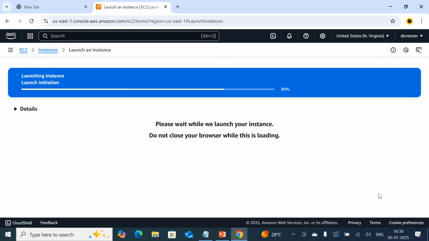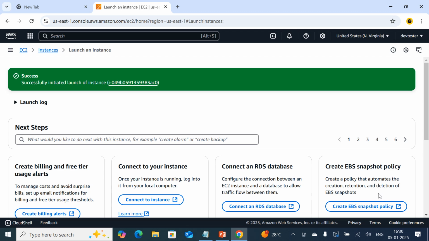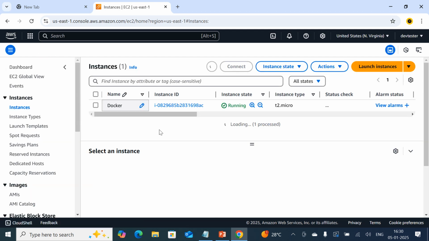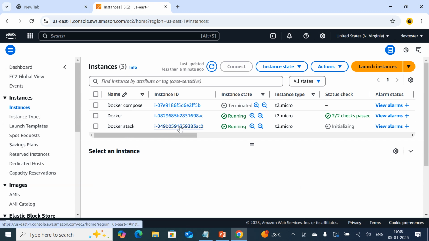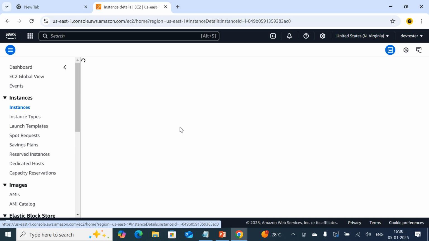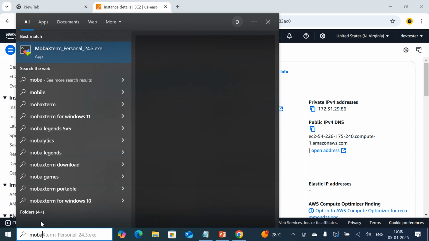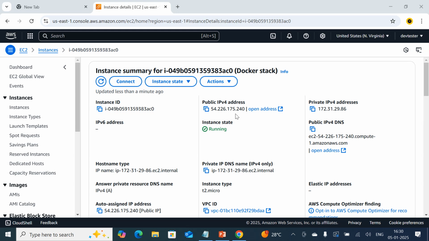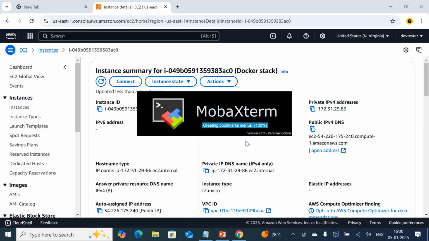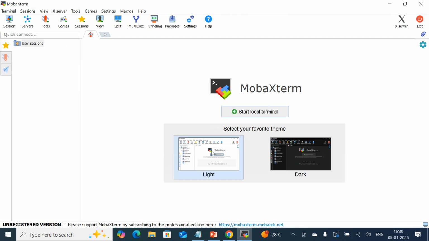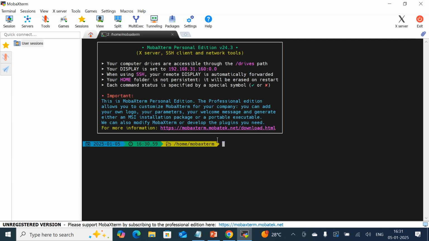So it is going to launch the EC2 instance soon. So once the EC2 server has been initiated, I just need to connect. So how can I connect? I am just clicking on the Docker stack. Here, just open MobaXterm as an SSH client in order to connect to the Linux machine which has been created over any cloud. That may be GCP or AWS or Azure. And click on start local terminal, and once the terminal has been opened, change the path where the key pair resides. Here my key pair resides on desktop